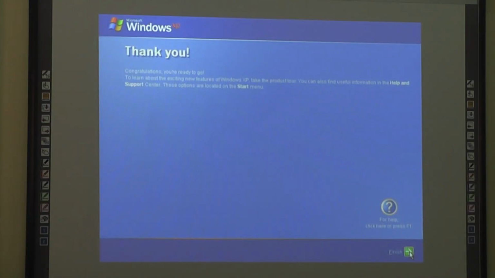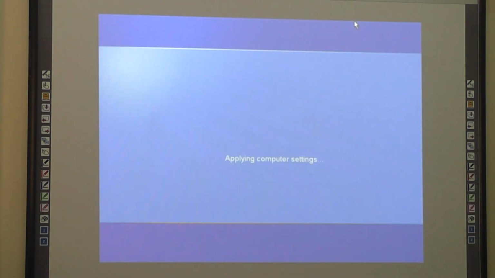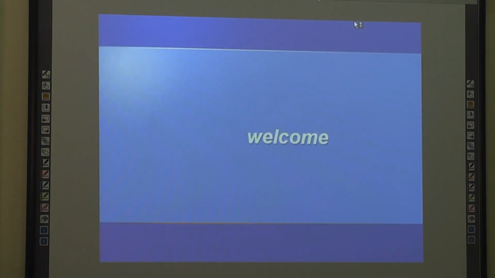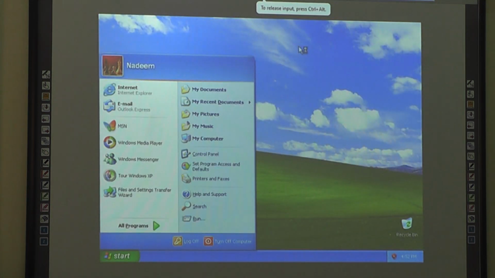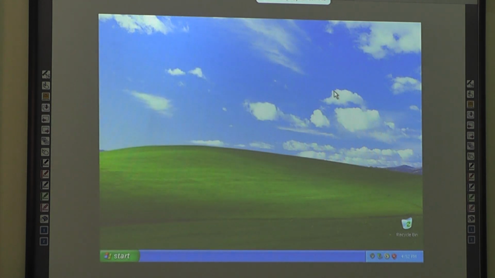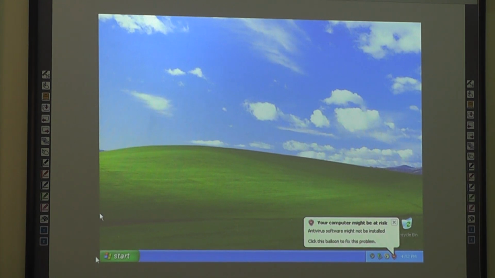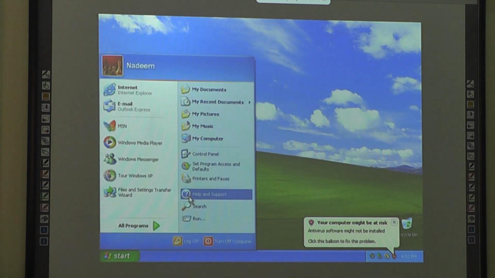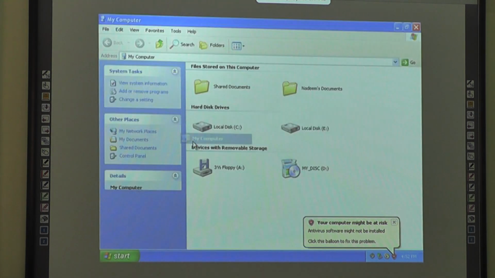And here we finish. This was the last setting, and now it is creating my profile and my system is ready to use. This is the welcome screen, and see, this is the Nadeem PC and this is my Windows XP. Now I can use my computer, and if I want to see my computer, there are two drive partitions,